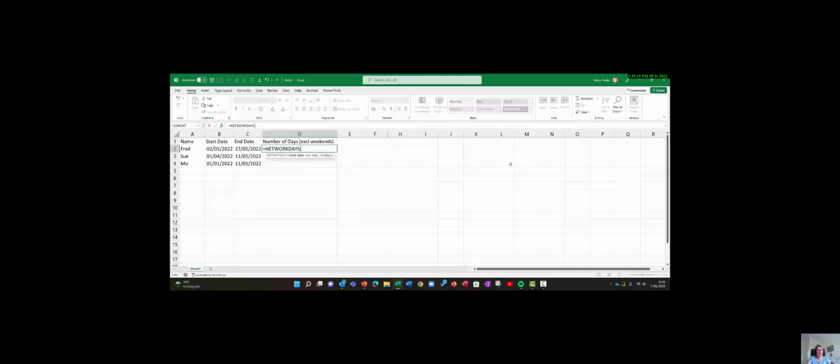There it is. And just press your tab key once you've got it selected to bring the formula into the formula box, and then it gives us the tip. It's telling us what it needs. So the first bit it needs is the start date, so let's click on B2, and if I put a comma in, it's now highlighted the end date, so I'm now going to click on C2. I'll come on to the holidays bit in a minute. For the moment I can just close that bracket, press enter, and that tells me there is 20